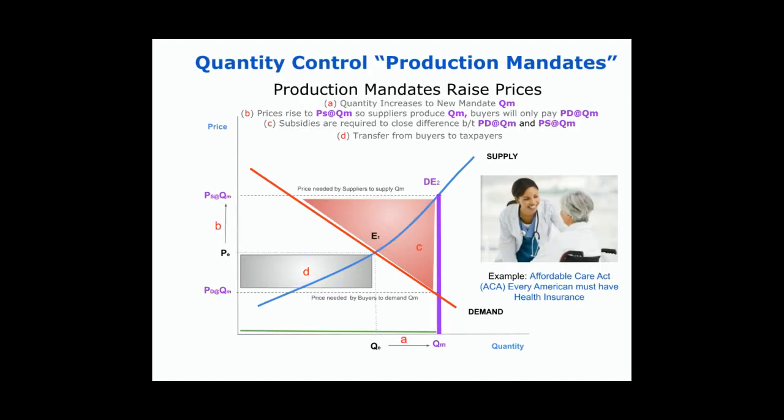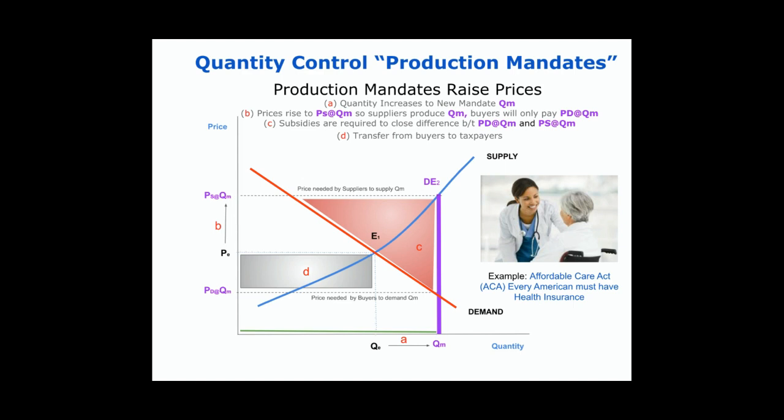Now, the opposite is true for a production mandate. The opposite meaning the production mandate is the opposite of a production limit. Here we're saying that the amount that the market produces is not enough and we have to have more. An example of this might be the Affordable Care Act that basically wanted to make sure that every American had